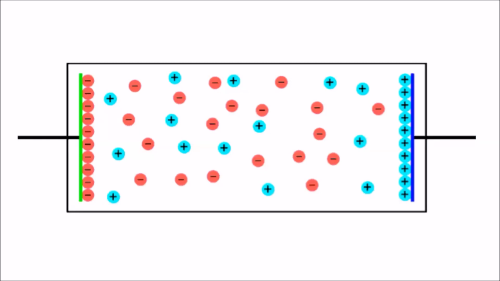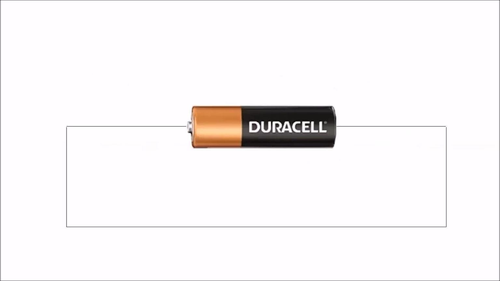So when you are buying a new cell, this is the condition in which we are going to buy it, and we will fit this cell in a circuit, I mean in your TV remote, watch, etc., such that electrons will be coming out and moving through the conductor. Now consider there is a cell and a simple circuit. Now what will happen? Let us try to understand how electrons will be coming out. You see, this is the cell and we know this is the negative terminal, this is the positive terminal.